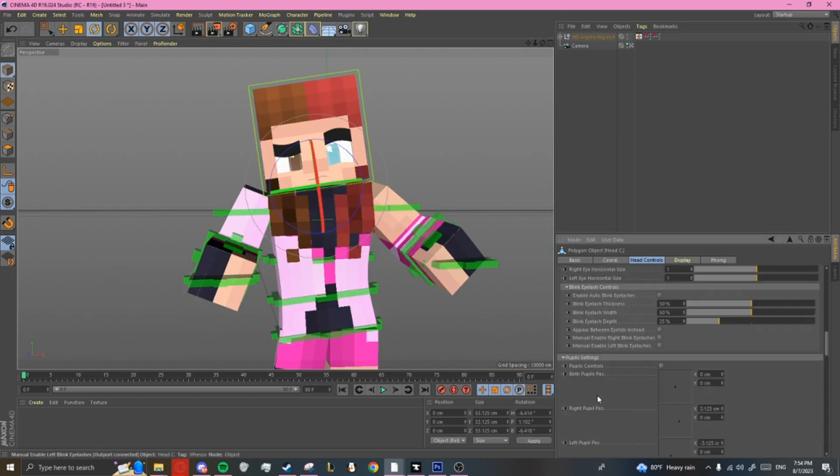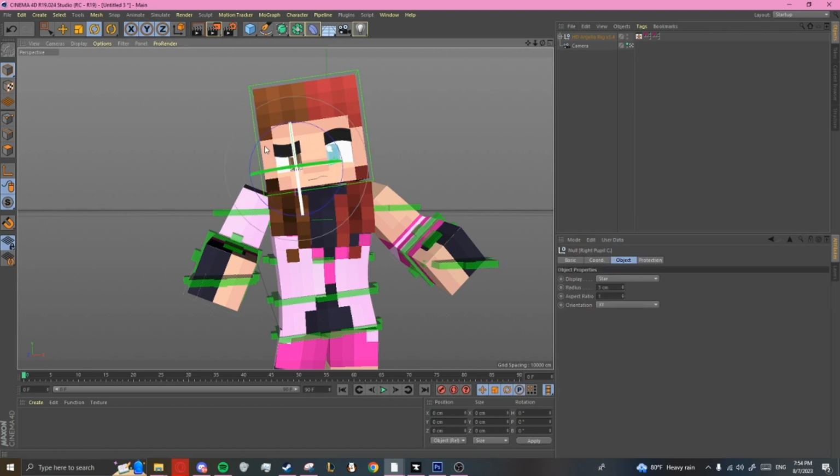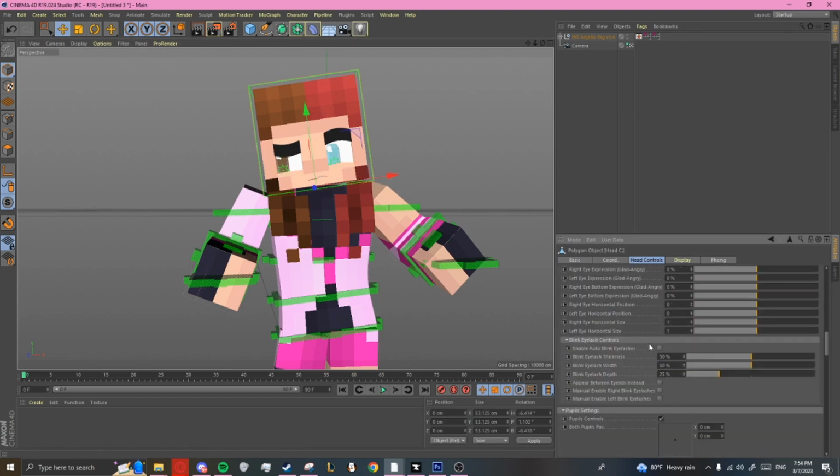Let's say I want to make her look at us more. Come to here. Same thing with these boxes, they make it easier. But me, I like manual controls, so then you can just move the eyes. So let's just make her look that way. She's looking at something over there, confused. So once we have all that done,